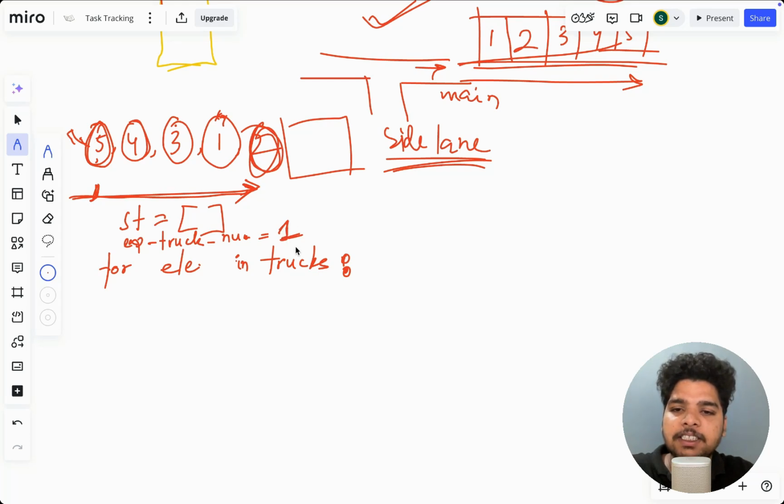No, right? Is this the expected track number? No, right? Then what we'll do? We'll put this thing in this stack, right? So what we'll do? We'll do st.append the element. That's what we'll do if we don't find it. Otherwise,